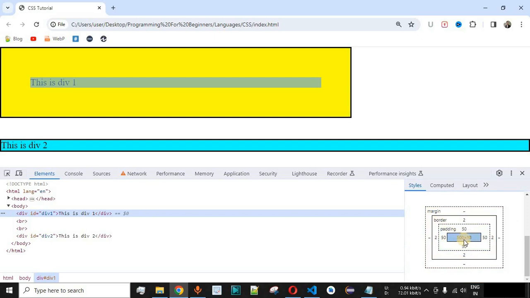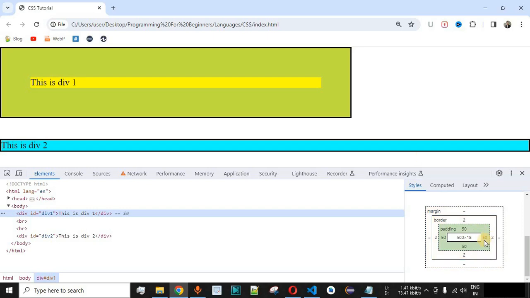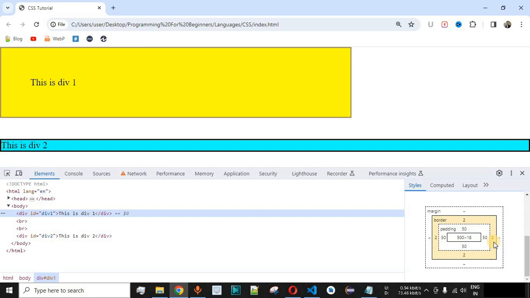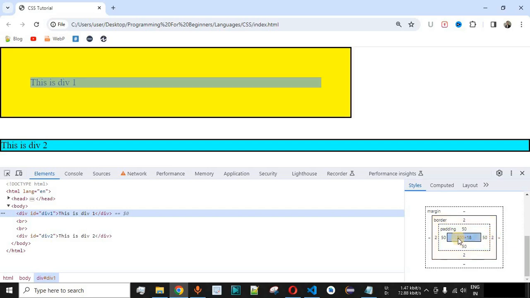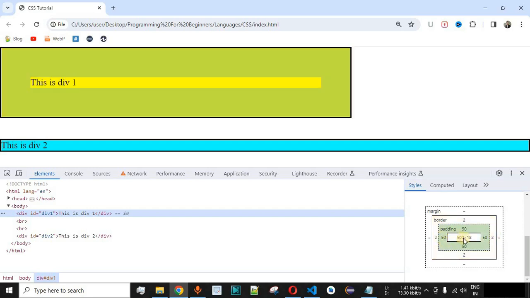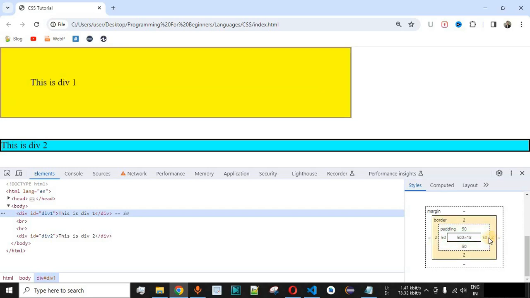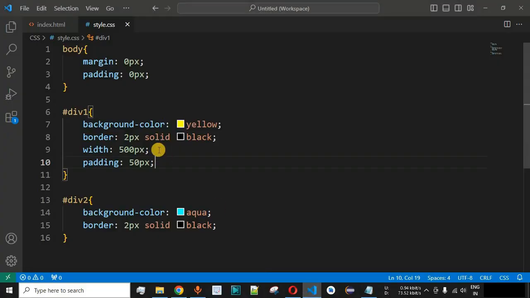you can see that the 500 width is being highlighted as the green color over here, but the width is more than 500 pixels. That's because we have provided this additional padding over here of 50 pixels on the left and the right as well, and we also have 2 pixels border as well. So the entire width will be 500 plus 50 into 2 plus 2 into 2, which is equal to 604. So basically the entire width of this particular div element has now become 604 pixels, which was not the case when we had provided the width as 500 pixels.